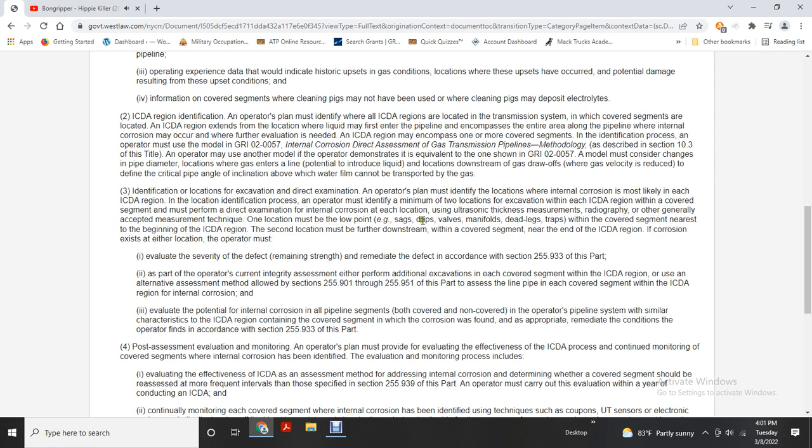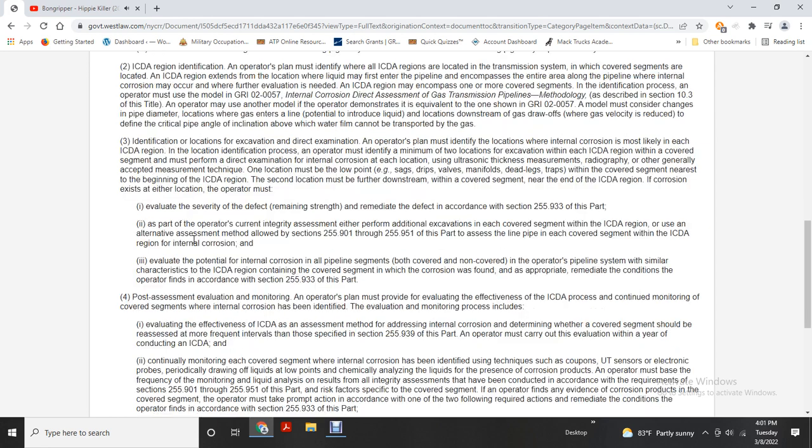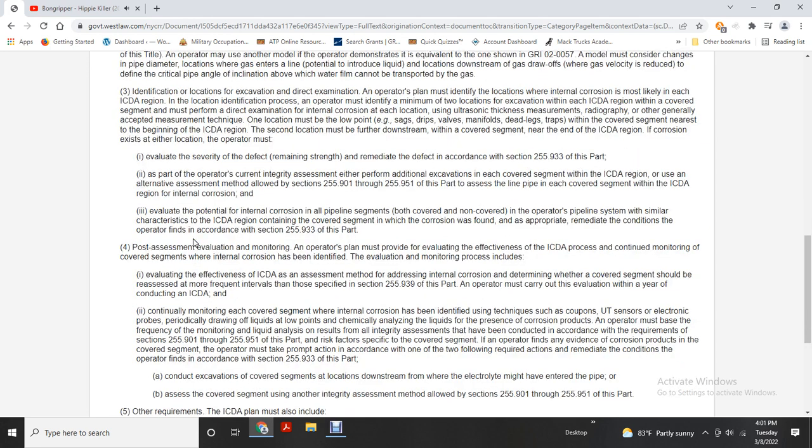The first location must be the low point within a covered segment nearest to the beginning of the internal corrosion direct assessment region. The second location must be further downstream, in a covered segment near the end of the internal corrosion direct assessment region. If corrosion exists at either location, the operator must do the following. One: